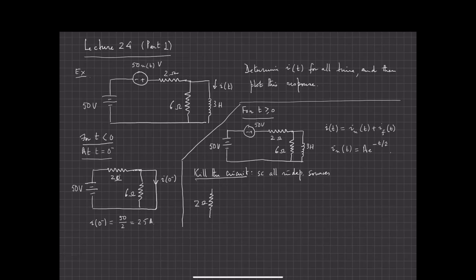2 ohm resistor in parallel with the 6 ohm resistor, okay, and this is in parallel with the 3 Henry inductor, and of course these two resistances are in parallel, and so this is nothing but the equivalent resistance R equivalent, if you like, which is equal to 6 2s are 12, 6 plus 2 is 8, so it's 12 over 8, it's equal to 3 over 2 ohms, and there is my L,